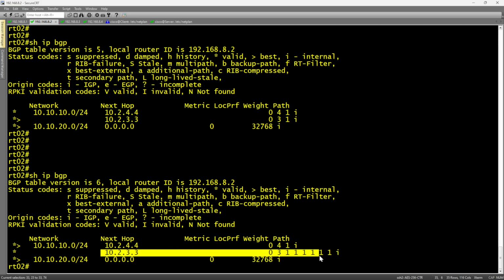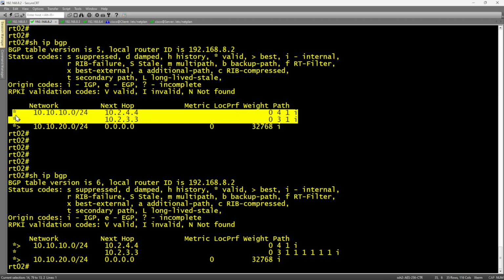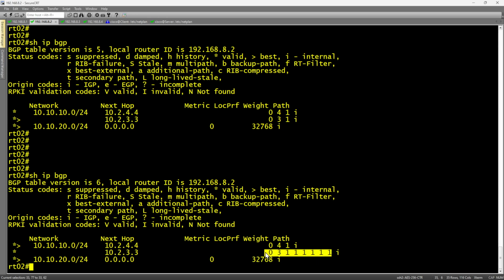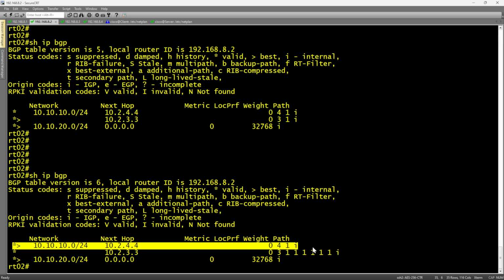So this pathway through router 3 looks way different than it does through router 4. Previously, if we take a look at the BGP table, we can see that we had this little caret here, which indicates that this is the best available pathway. And that was set to router 3 because, all things considered equal, this was the better pathway. However, we can now see that because we have a really heavy AS path here through router 3, the best pathway has now switched to router 4. So there's now been a convergence of the routing table for router 2, taking the pathway now through router 4